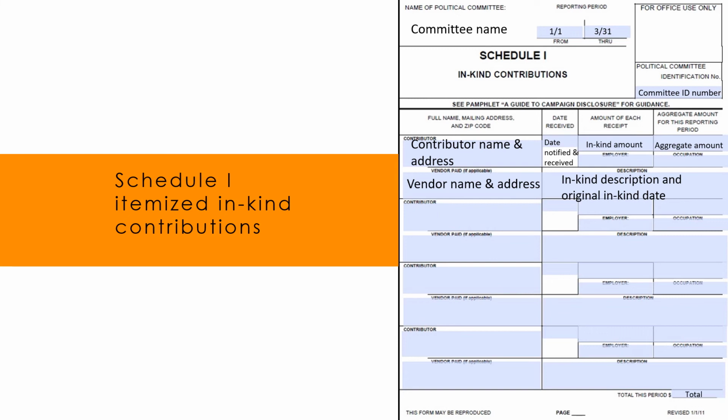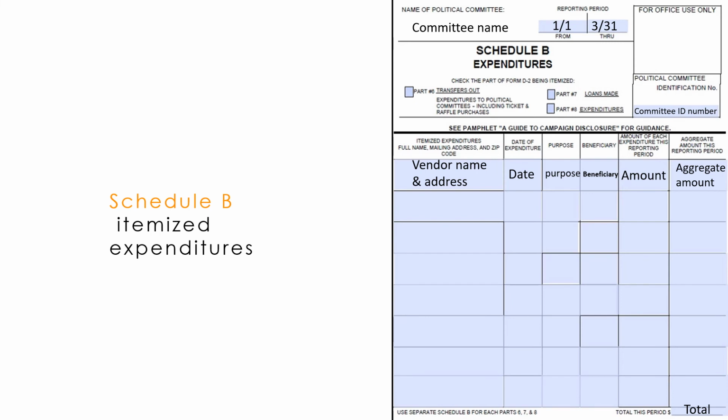Along with the aforementioned information, the committee will need to report the name and address of the vendor and a brief description of the in-kind. Again, the description should contain not only a brief description of the in-kind, but also the date it was originally given. The total on the bottom of the Schedule I should reflect the same amount as reported on line 5A for itemized in-kind contributions. Itemized expenditures are handled in the same way, only they are reported on Schedules B and